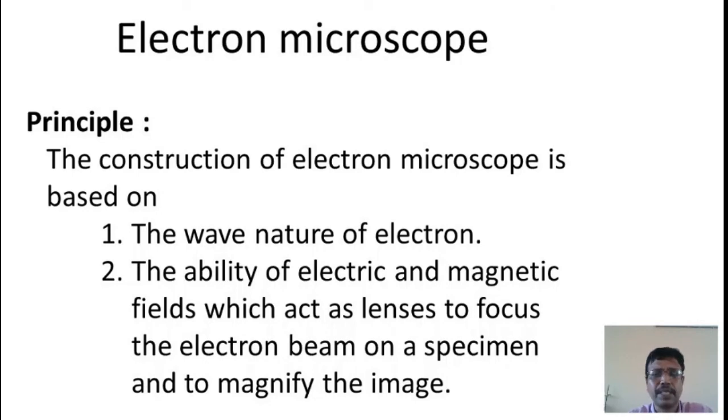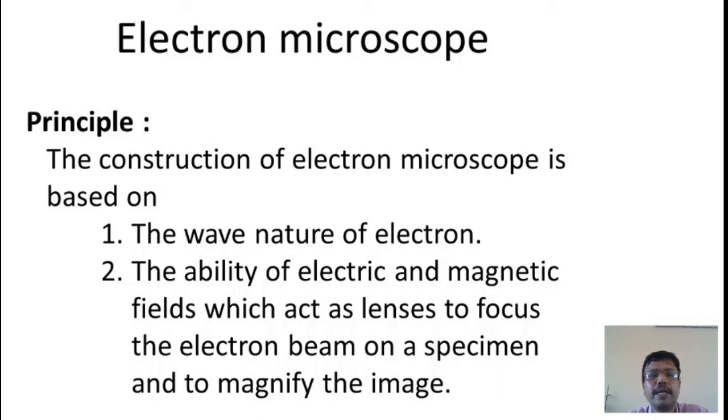specimen. Generally we know the limit of resolution of a microscope is the minimum distance of separation between two closely lying point objects that are just seen separately. The expression for the limit of resolution is dx = lambda / (2n sin theta), or lambda / (2 sin theta) if the refractive index n is equal to 1. Resolving power is the reciprocal of the limit of resolution: Rp = 1/dx, that is, 2n sin theta / lambda.